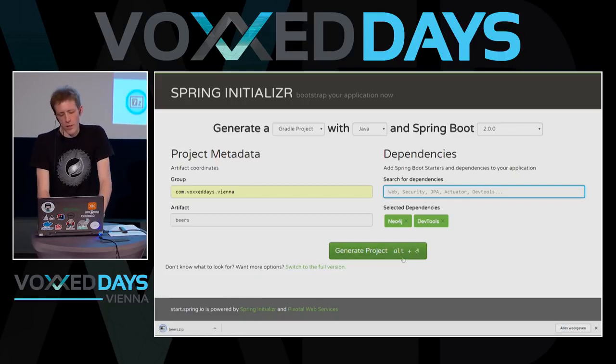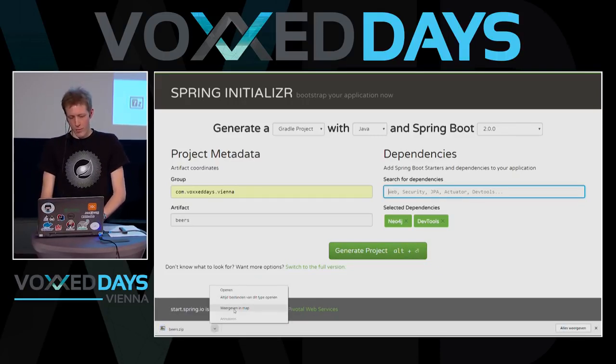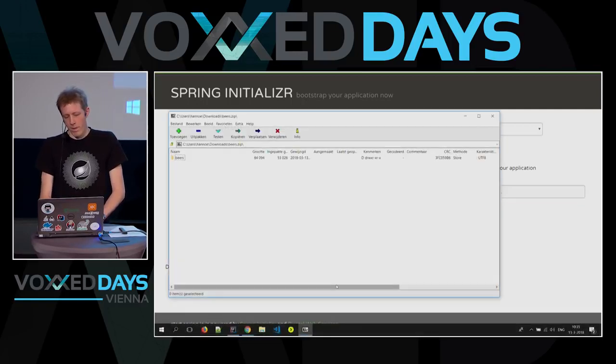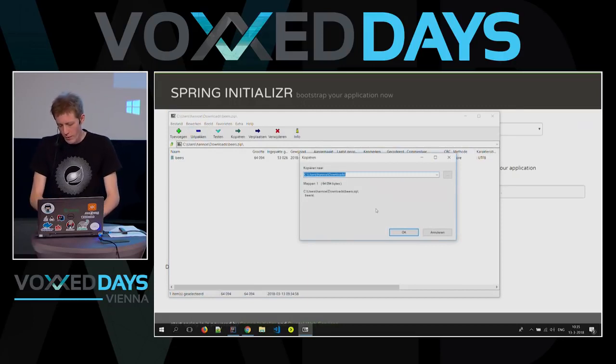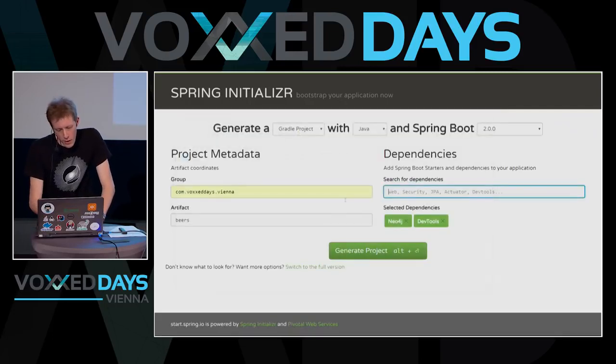Now I'm pressing Alt-Enter, and it offers me a download that is the template of my application. So let's extract this somewhere where I can find it, preferably. Development/Java, and I'll extract it right there.